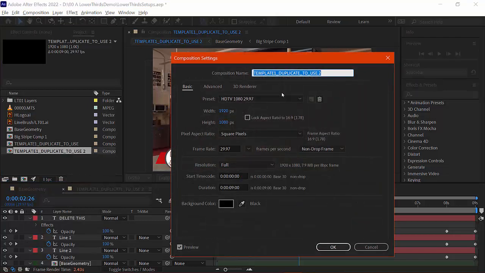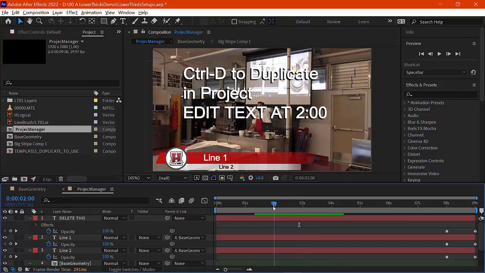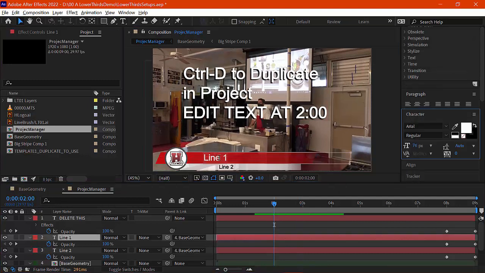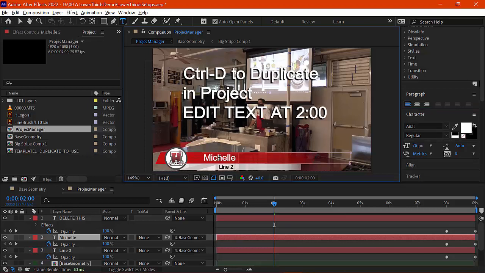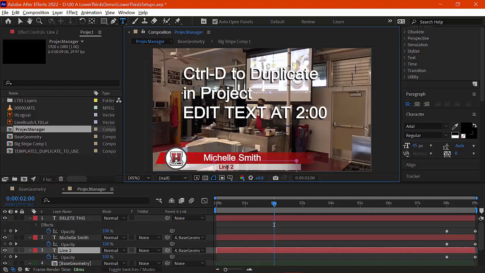I'm going to say construction project, and I'm going to change this to project manager, or just project manager. Since each composition is going to have its different lower thirds in there, I've got that. So here's this, and it says go to 2 seconds. So before I get too busy, I'm going to go to my 2 seconds. I'm going to change the text and put the name there. And there's a line 2, so I went to line 1 for this. Go to line 2, double click, and